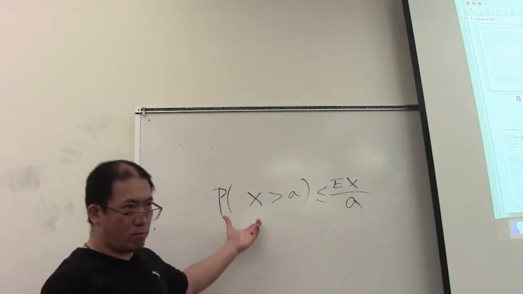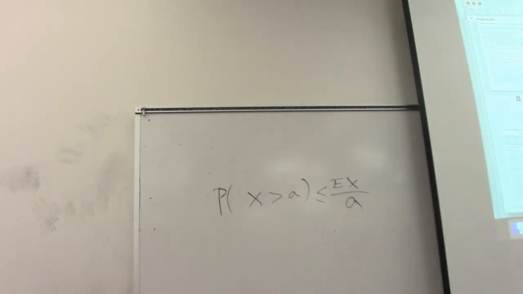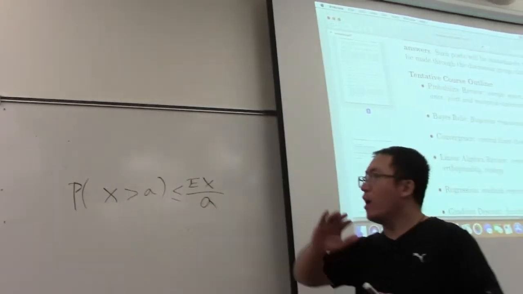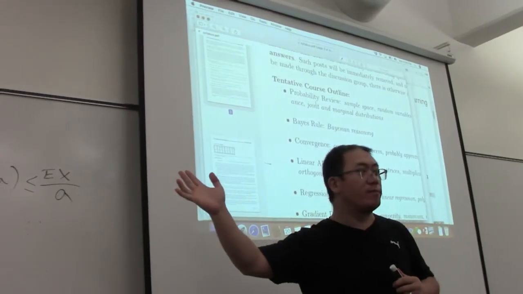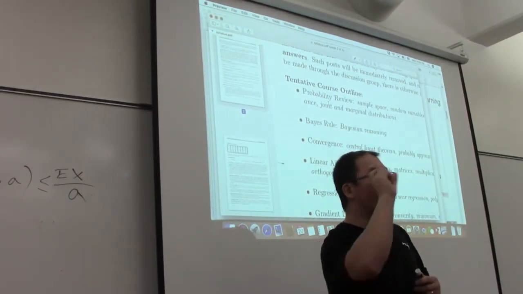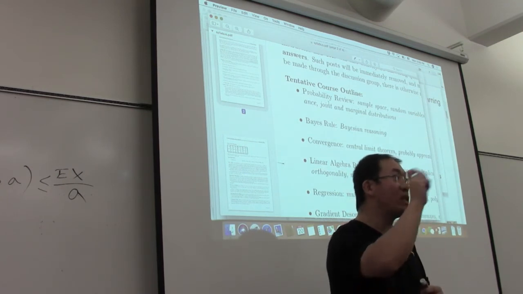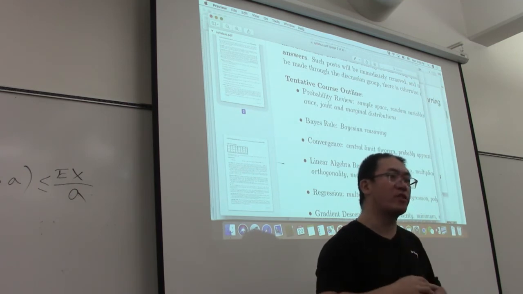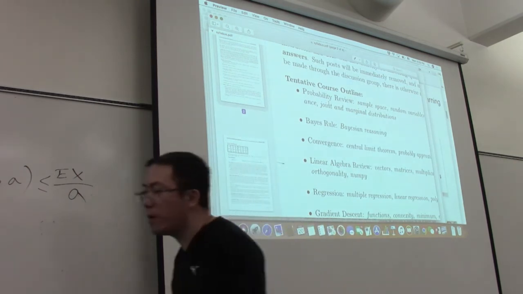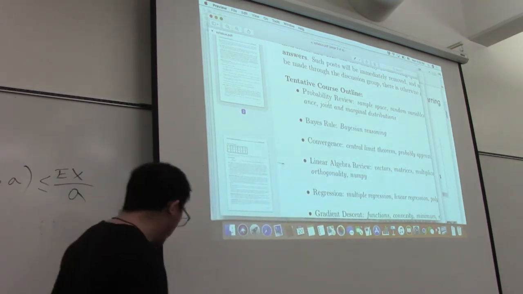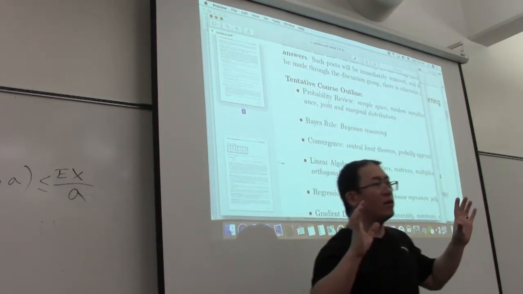Other examples include Chebyshev inequalities and Hoeffding inequalities, which characterize how the change of random variables relates to the variance. For example, what's the maximum probability of a random variable going beyond the expectation by 1 standard deviation, or 2 standard deviations? And you can see there's a probability bound. What's the usage of this probability bound? It actually plays a critical role in developing learning theory.